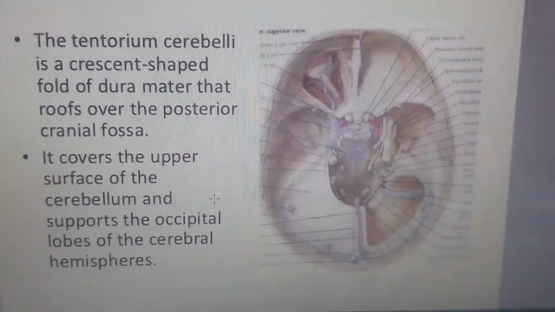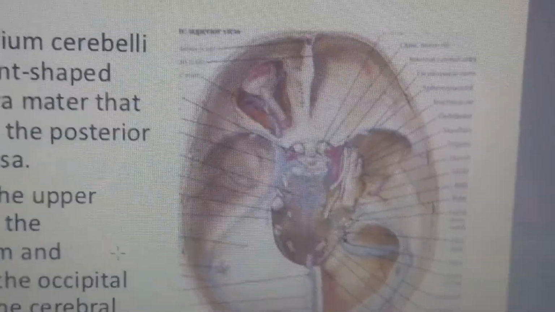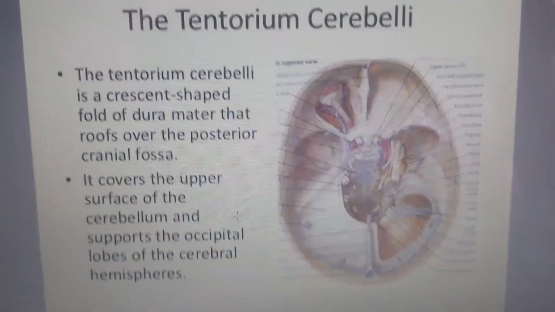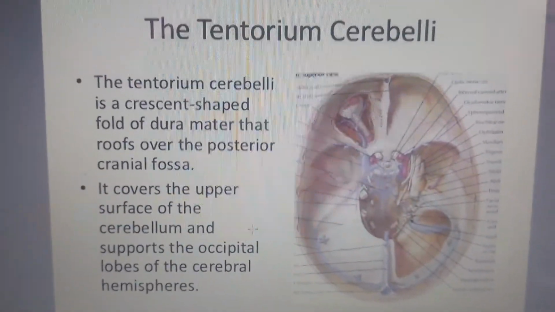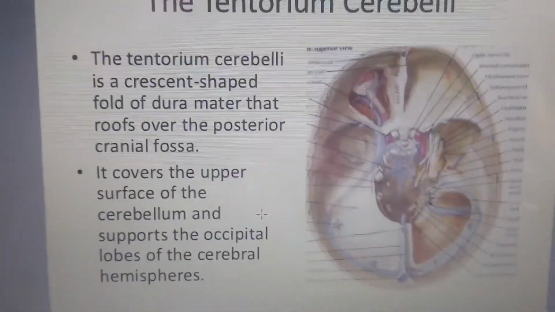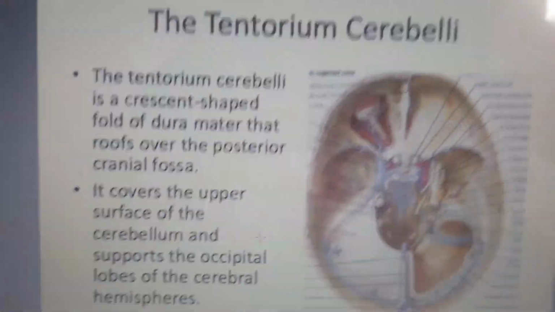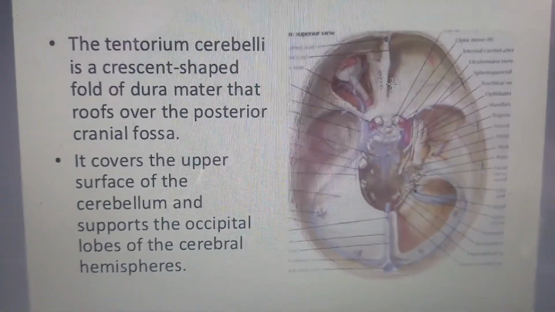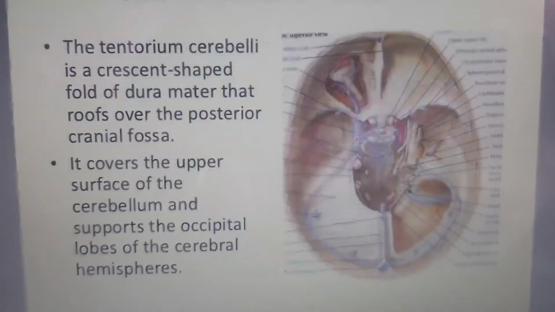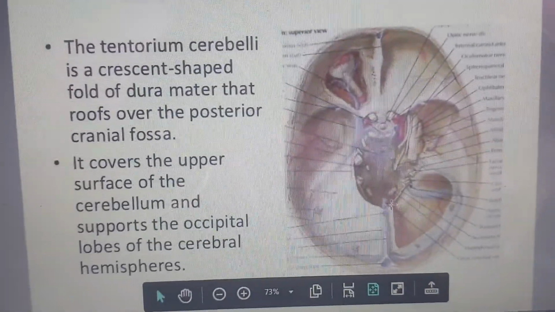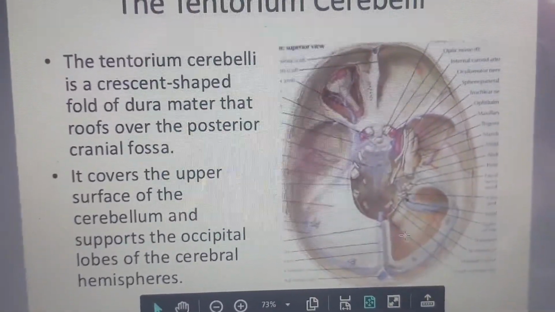So we come to the base of the skull. Now in the base of the skull I want to highlight that the tentorium cerebelli is a tent-like projection of the dura mater which is crescent shaped, and it is roofing over the posterior cranial fossa. So where are the anterior, the middle and the posterior cranial fossa that we have seen here? This is the anterior cranial fossa region, and here lie the two frontal lobes of the cerebrum. Then this is the middle cranial fossa, and here is the tentorium cerebelli region, and below the tentorium cerebelli lie the two lobes of the cerebellum.